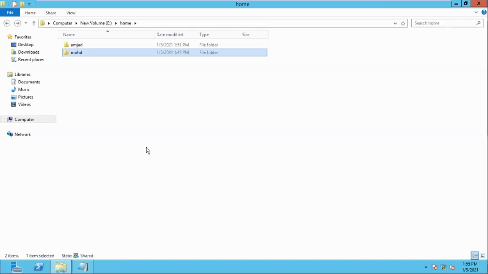Mr. Tahir, go ahead. Sir, as we just checked, the sharing folders we are giving the path. So before giving a path, we have created only a shared folder in a volume, right? Yes, exactly correct. After that, we have just assigned a letter and mapped the drive. That's it. So for mapping a drive, do we need to go into properties, or can't we go into the user's profile, the user's desktop, and map the drive from there?